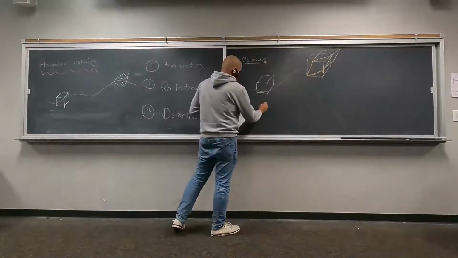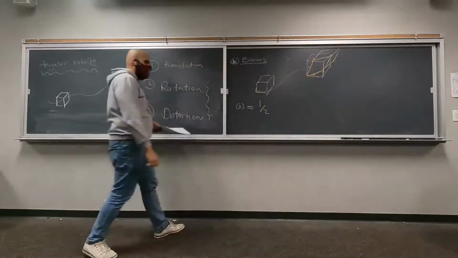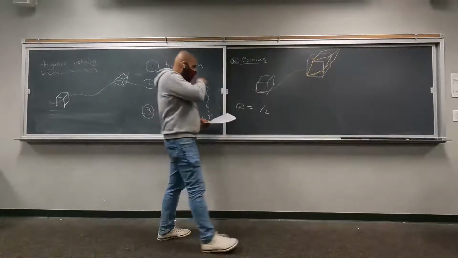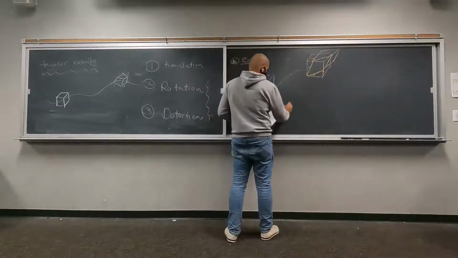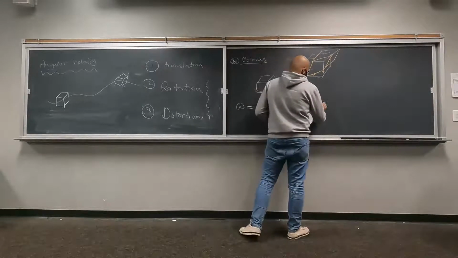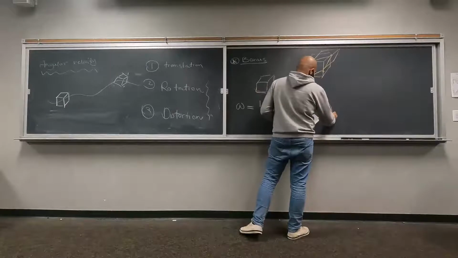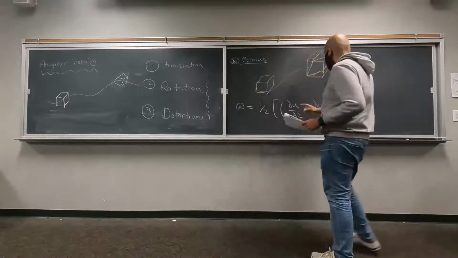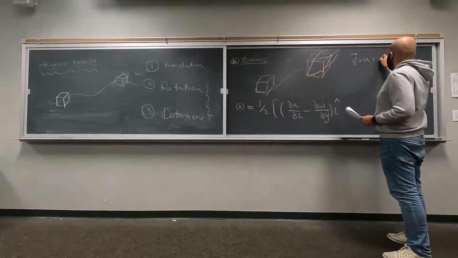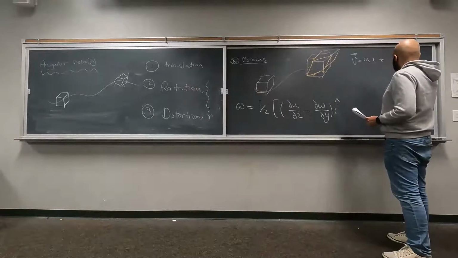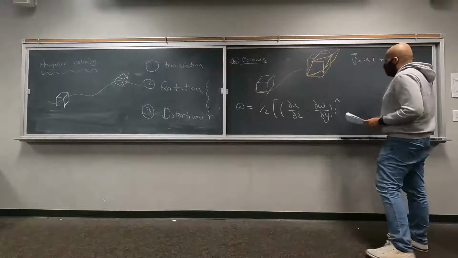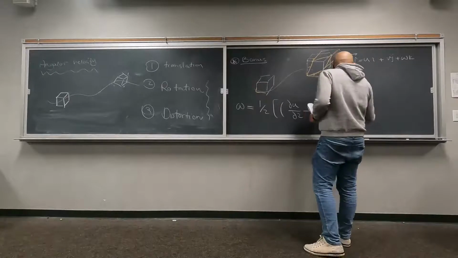So I want you to derive this equation for angular velocity for me. The general formula for angular velocity in 3 dimensions is going to look like this: partial u partial z minus partial w partial y. And just as a reminder, the velocity vector has 3 components, and we are doing the Cartesian coordinate system, so u, v, plus